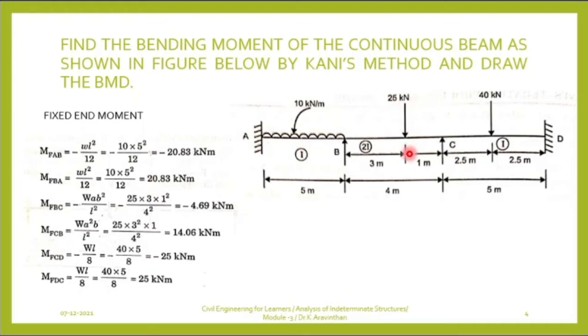And a point load is there, that is 25 kilonewton at the span B and C. Here note that you have 2I, that is twice the moment of inertia between the span B and C, and between C and D you have section modulus as I and you have a point load of 40 kilonewton. For this you have to use WL by 8, which will be minus and plus for finding the fixed end